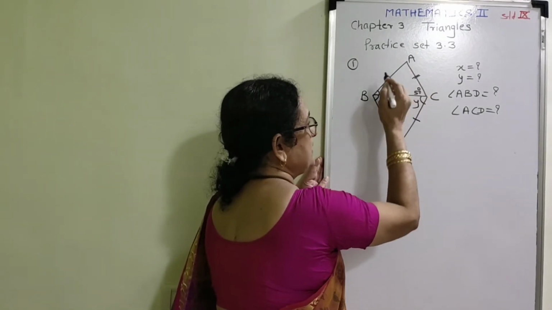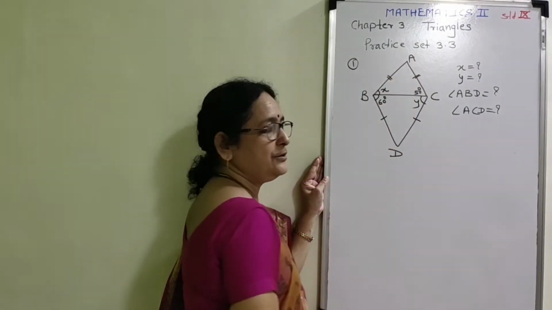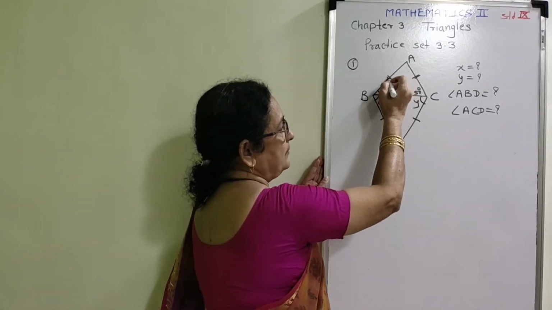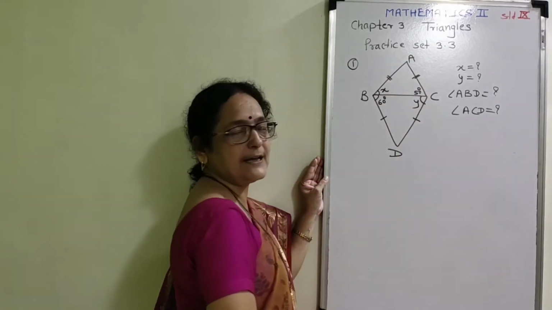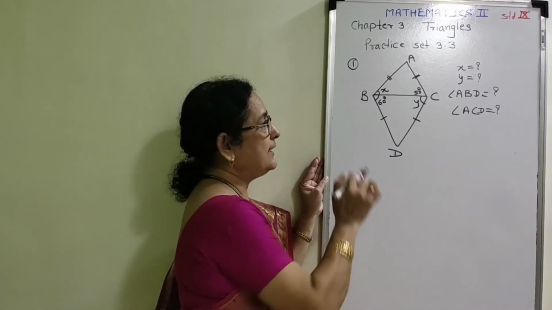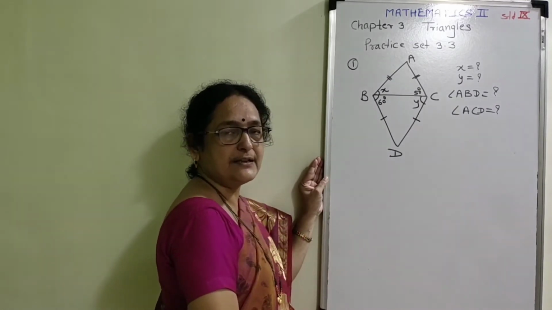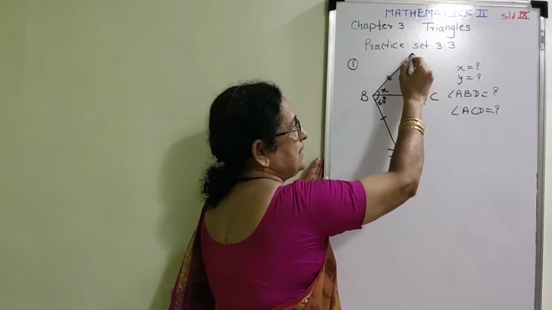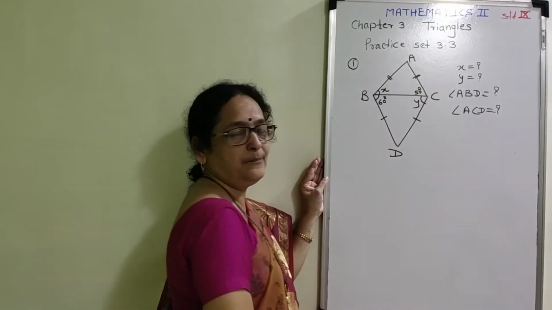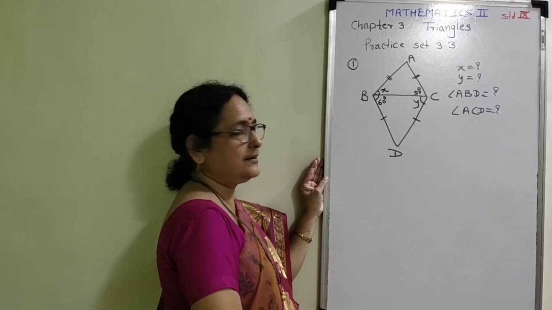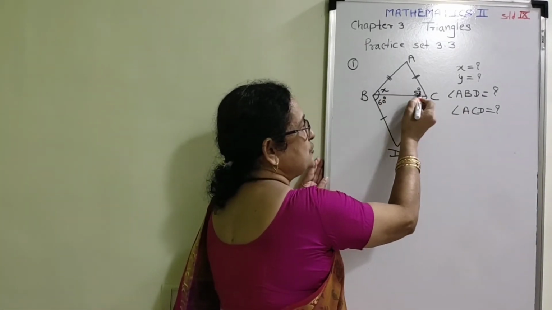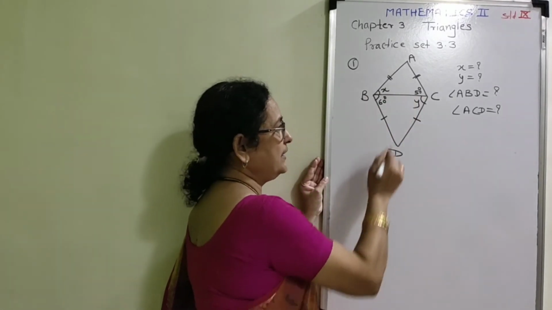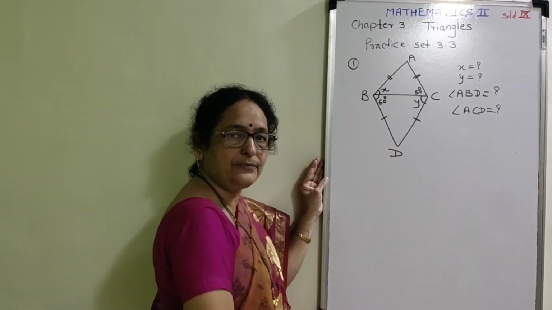In triangle ABC, the first step, AB is congruent to AC. In this chapter, we have completed one important theorem, that when in a triangle two sides are congruent to each other, the angles opposite to those two sides are also congruent to each other. And therefore angle ABC is equal to angle ACB by the isosceles triangle theorem. These two angles are congruent to each other. But they have given this angle as 50 degrees. Therefore, x is also 50 degrees.